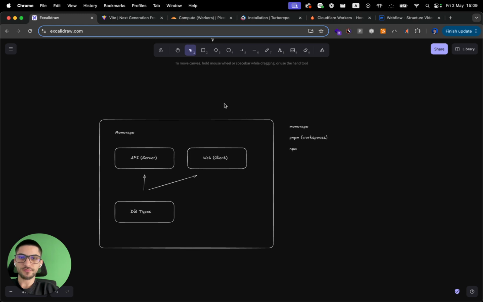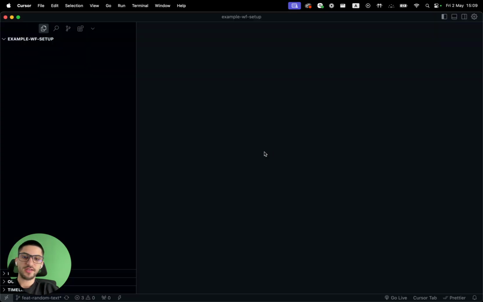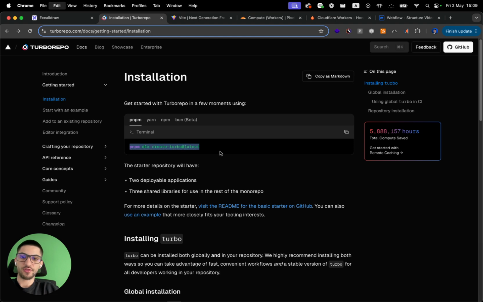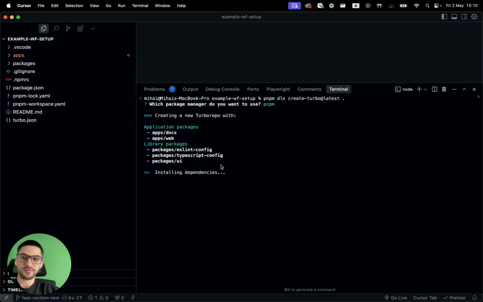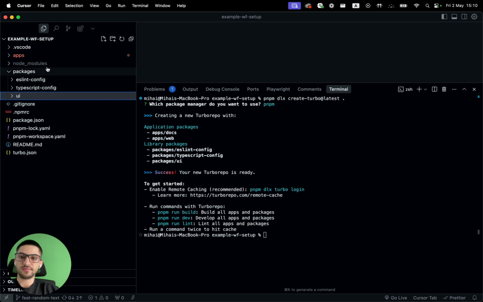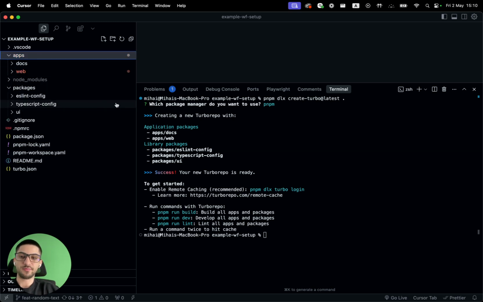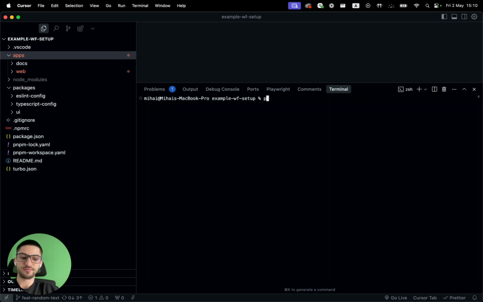So we'll first go to Turborepo. If you go to installation, you can copy this command and you can paste it here to basically create your Turborepo setup. You can pick between different package managers. You can use Yarn if you prefer that. I just use pnpm. Okay, now it's going to download all of the project files from the server and configure a project. And it also gives you an example project. So if you just run pnpm run dev,